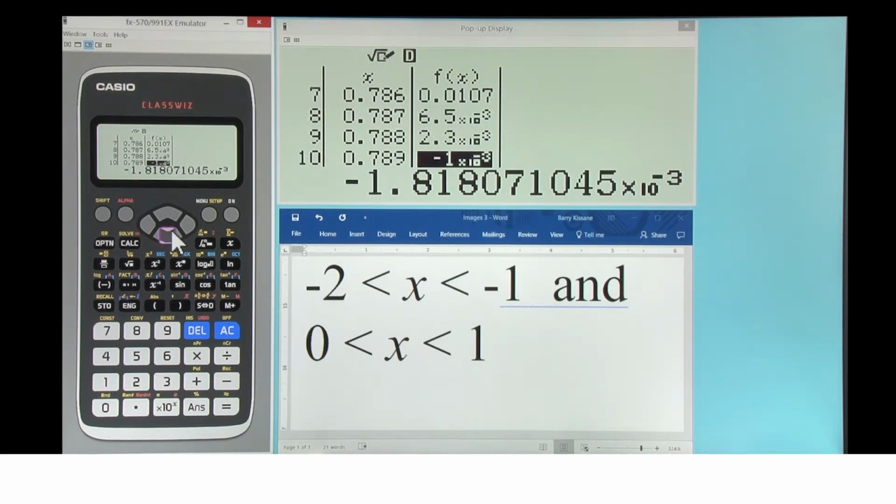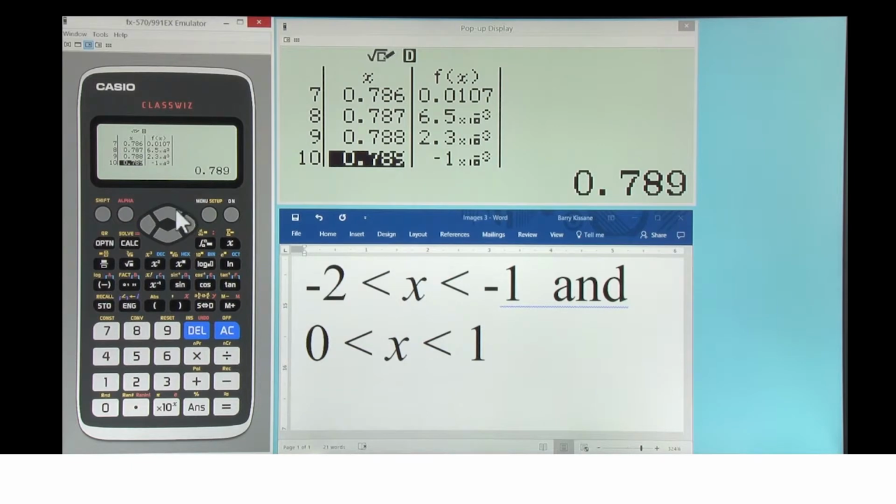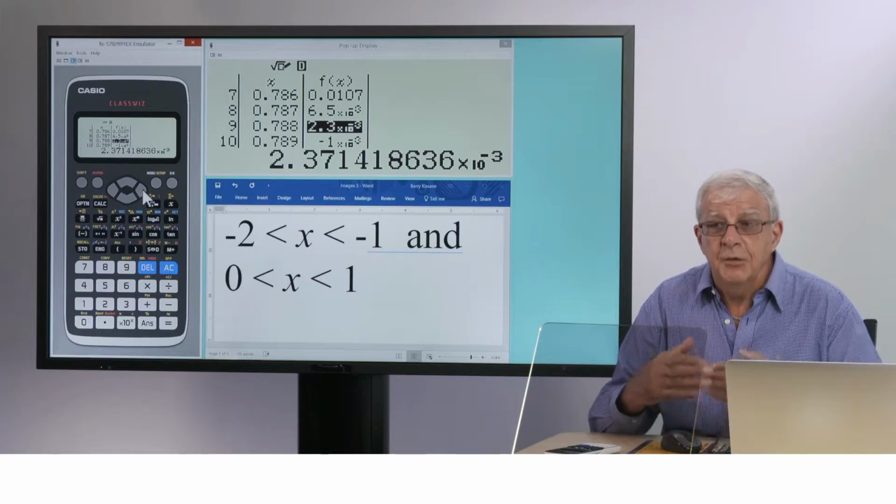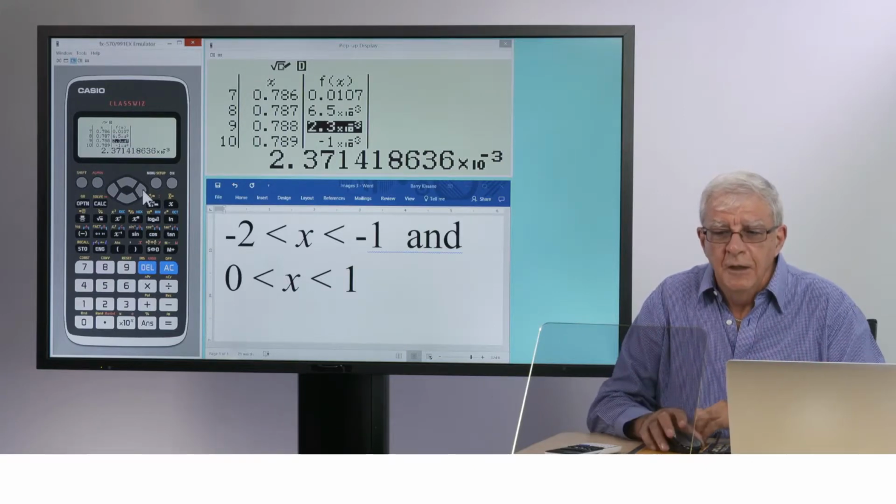And as we get down close to here, we're looking for the change. Here it is from positive to negative. That tells us that there's a root of the function somewhere between 0.788 and 0.789. So we'd like students to be looking at the values and thinking about the meaning of the values. We can keep this process of zooming continued for as long as we like and get a more precise approximation by 1 decimal place each time.